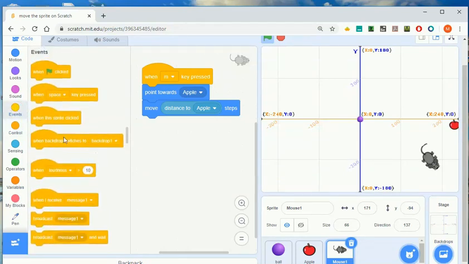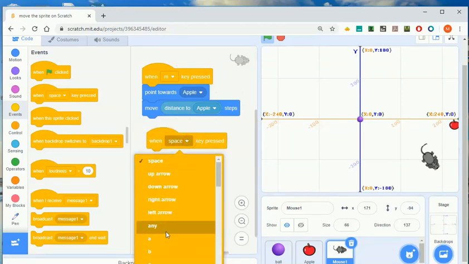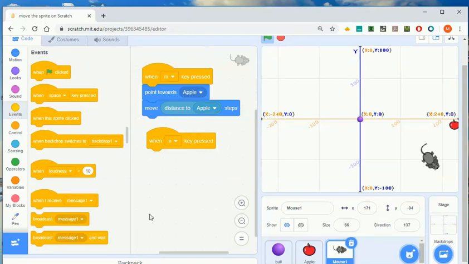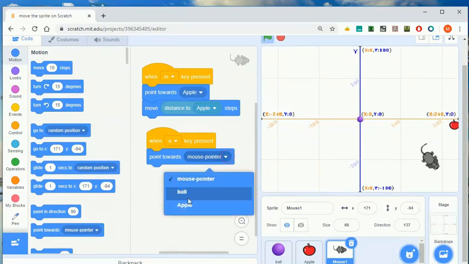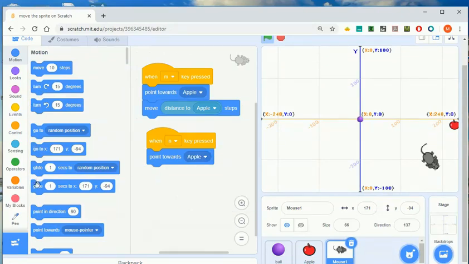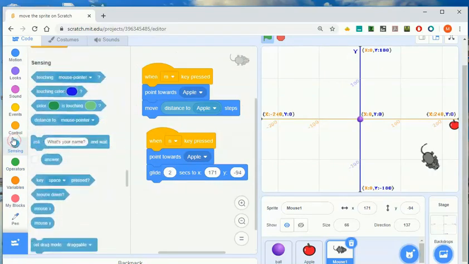I'll go to events, and now let's say letter N, and then I'm going to have it point in the direction of the apple, but I'm going to try a different block. I'm going to glide 2 seconds, and then I go back to sensing,